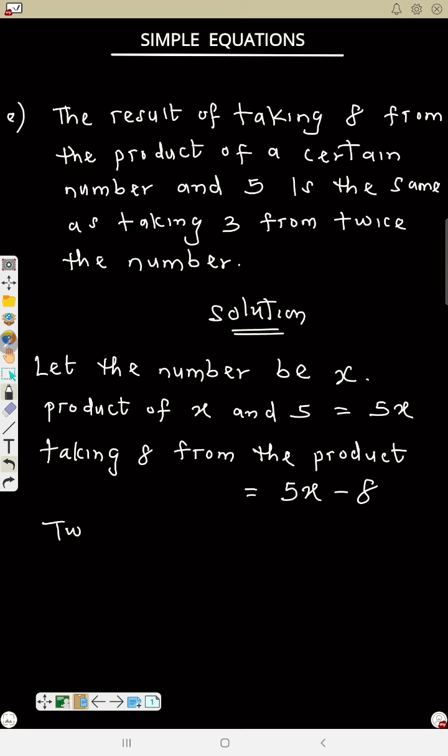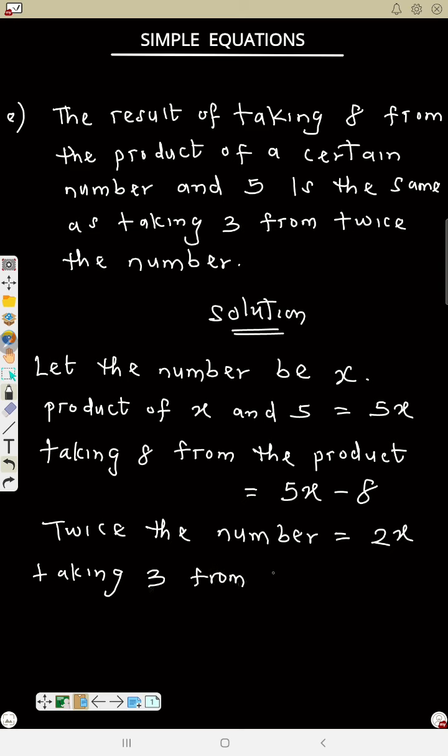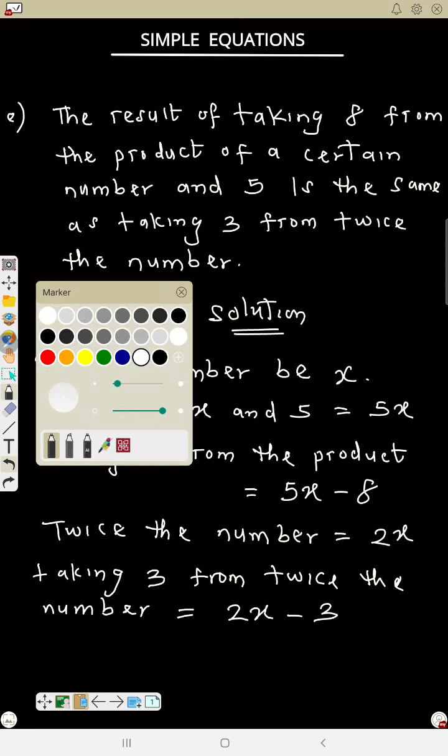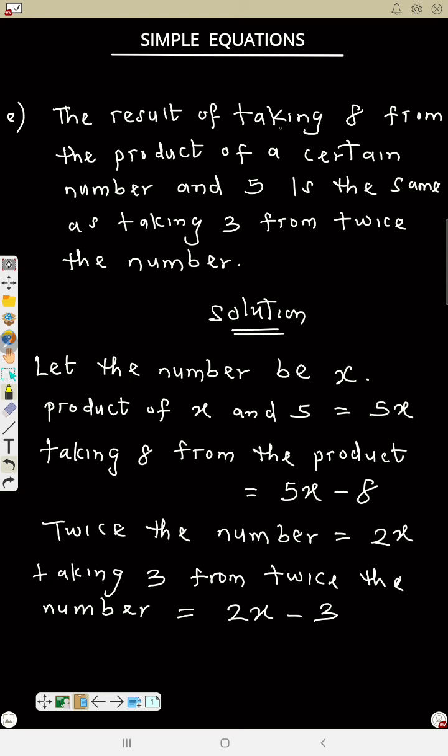Now twice the number is 2x. Taking 3 from twice the number, so take 3 from twice the number. So that means all the